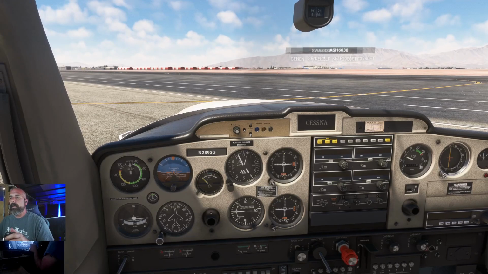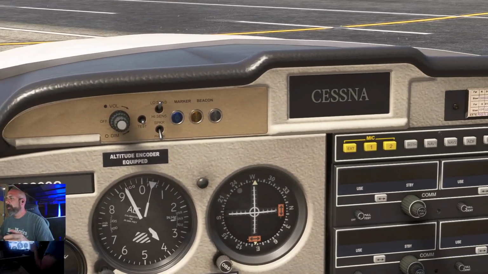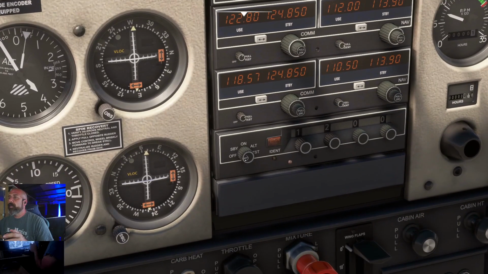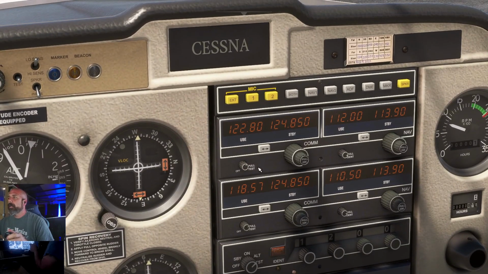All right. So we will let this thing warm up. And let's get things fired up. Now in this mod, you have to turn on, ooh, you have to turn on your radios. Turn the radio on there. Turn this radio on. And we'll go ahead and turn this on to altitude a while. And let's see, we are here in,